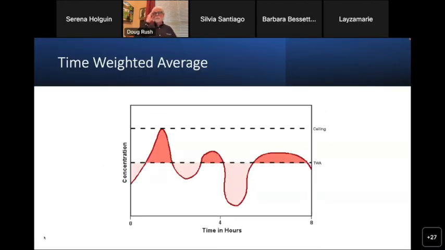And this, I just throw this up here as a reminder of what a time-weighted average is. So many times we go out in the workplace and you take a sample for an hour and you get a number and everyone goes, that's it. And you have it, you don't know what was exposed before and you don't know what was exposed after. You don't know if it's a 5-minute exposure. You don't know anything until you've documented it. This is the time-weighted average. I think sometimes we get that number from the lab and we go, this is it. Not all of us, but some of us, and I think I probably have been victim of that myself.